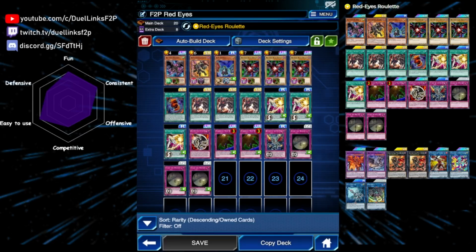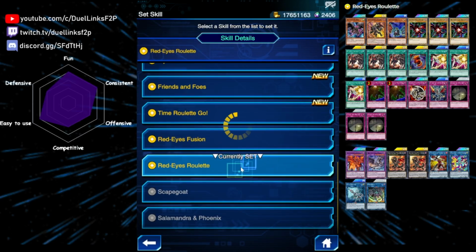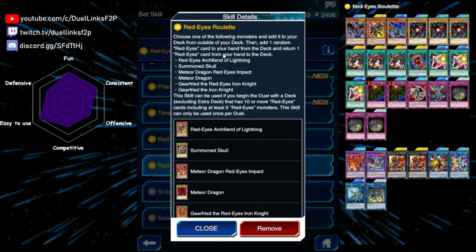So another skill that got updated in the new skill rebalancing is Red Eyes Roulette. This is the skill that Red Eyes decks usually use, and let's have a look. The text still hasn't updated yet, but a small change has been made to the card that you actually add with